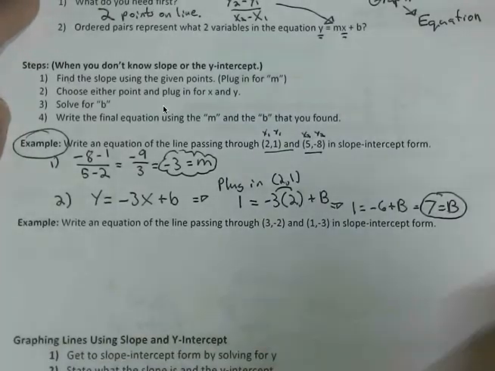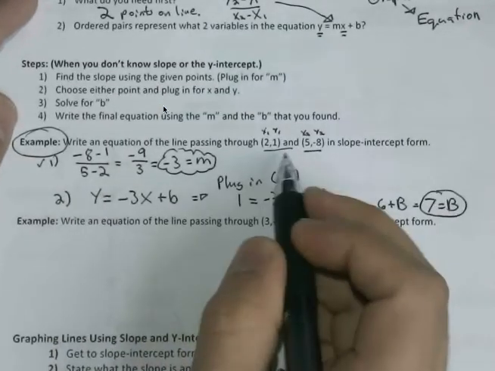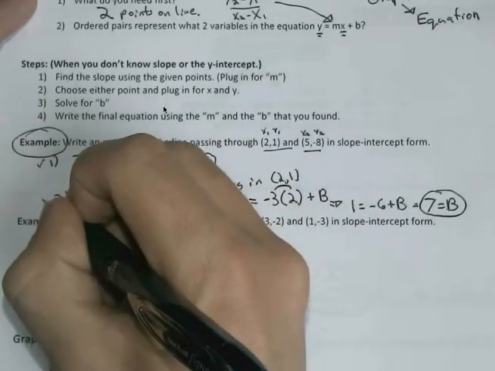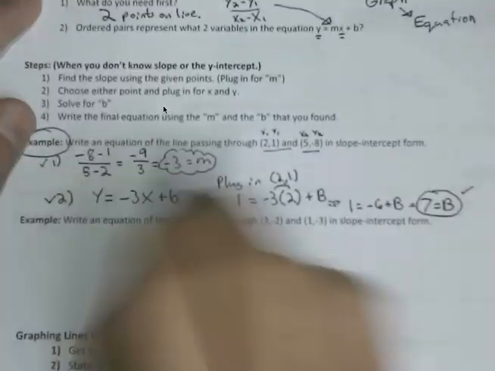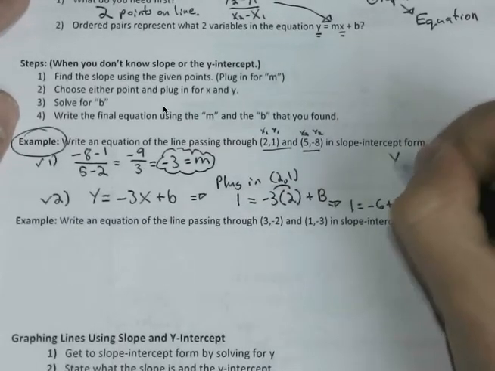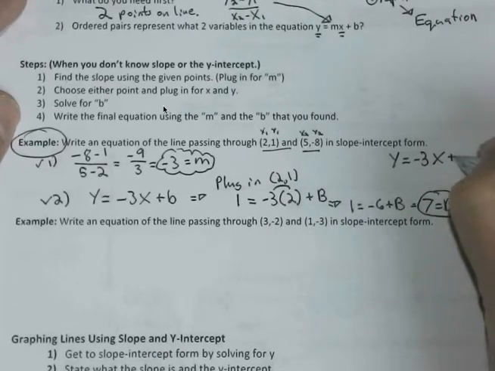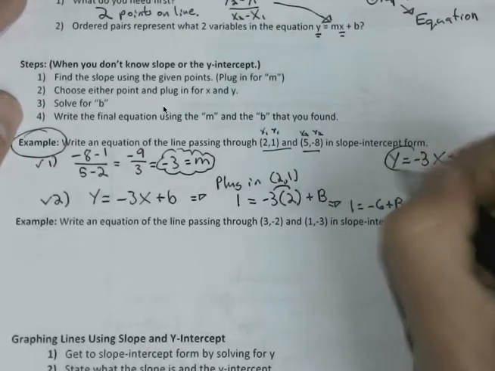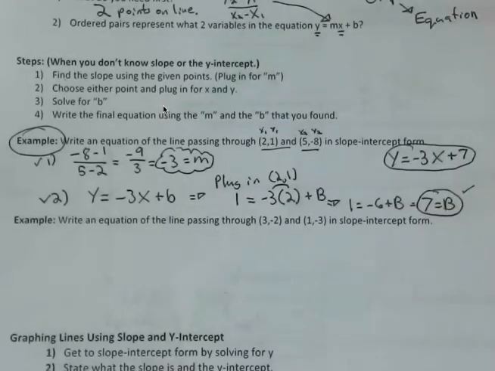So now that we've knocked out the first step, finding the slope given the 2 points, we have solved for the y-intercept way down here. Now write the final equation. I know that it's y equals the slope of negative 3 times x, adding on the y-intercept of 7, and we're here. Y equals negative 3x plus 7. I'll give you a moment to try the next one,